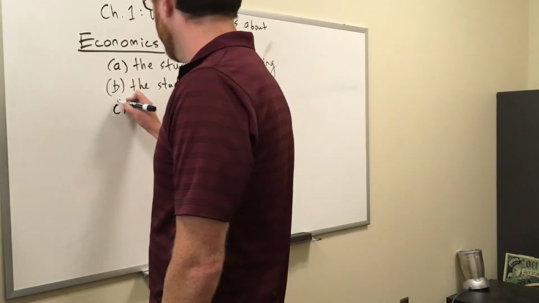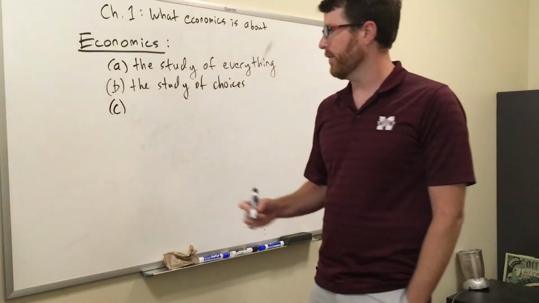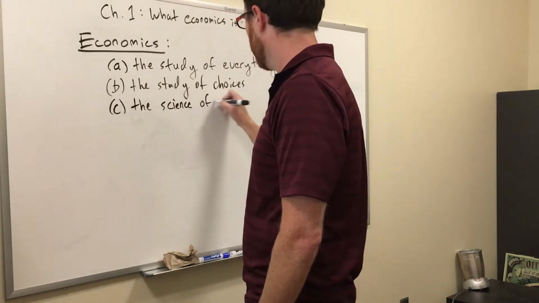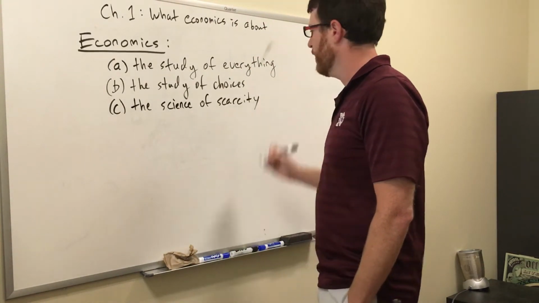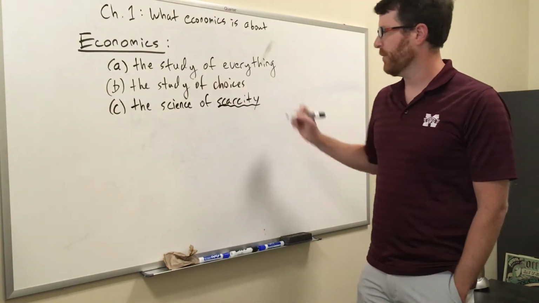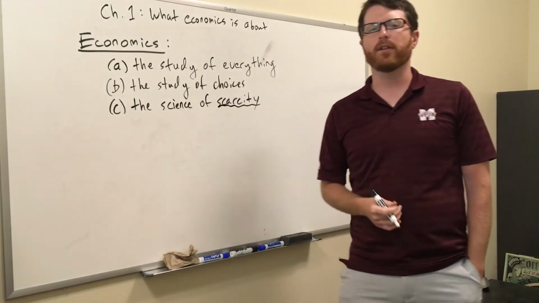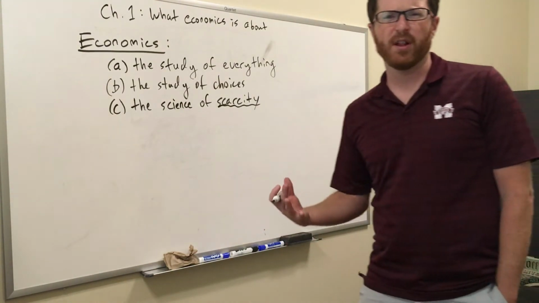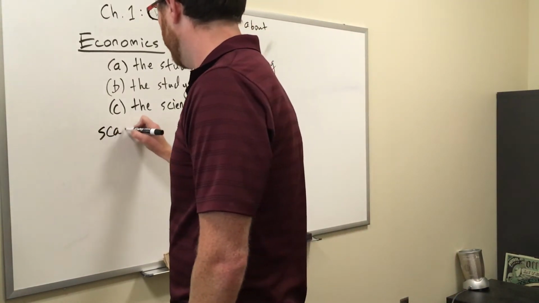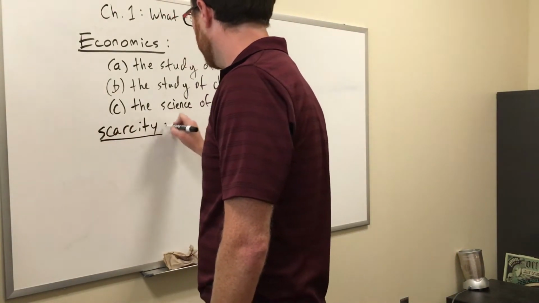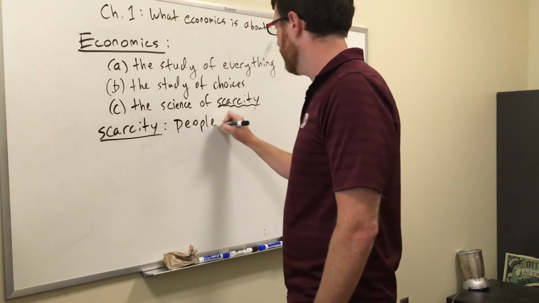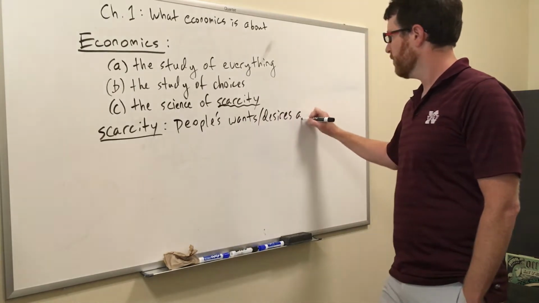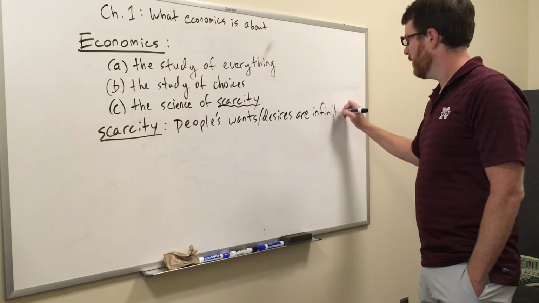And let me give you one more definition, and this is the way the book goes about defining it. I believe the book defines economics as something along the lines of the science of scarcity. And scarcity is something we talk about in economics. It's a very general idea that basically means that people's wants, their desires, are infinite,